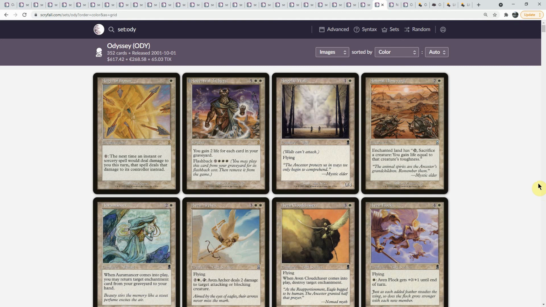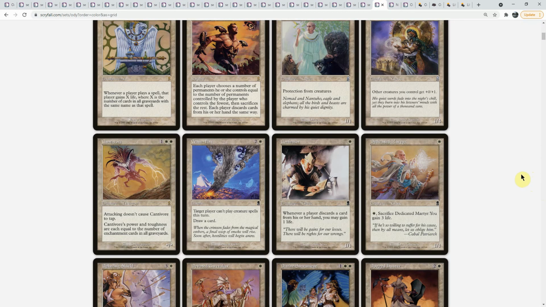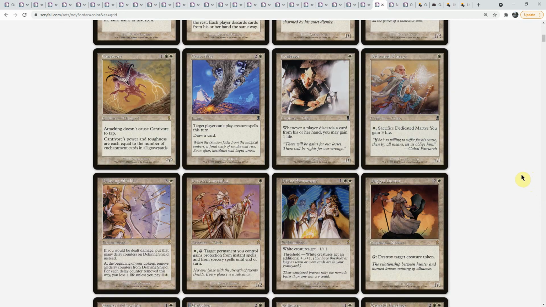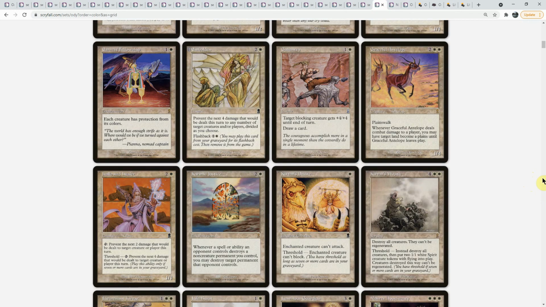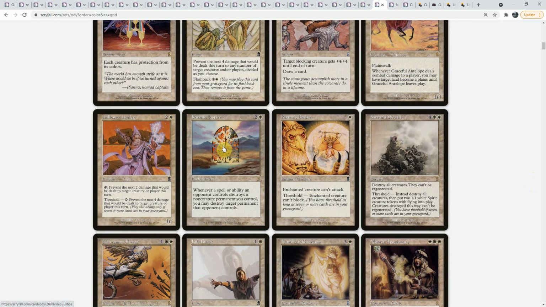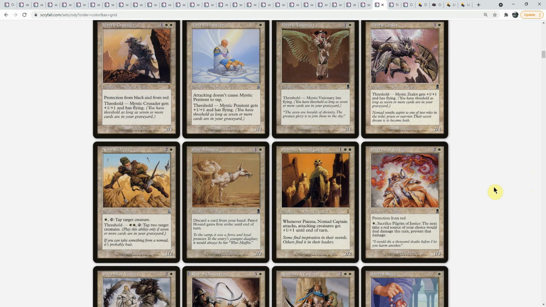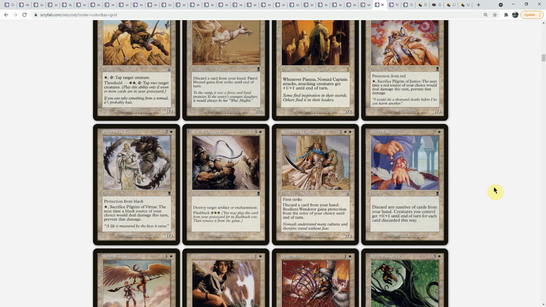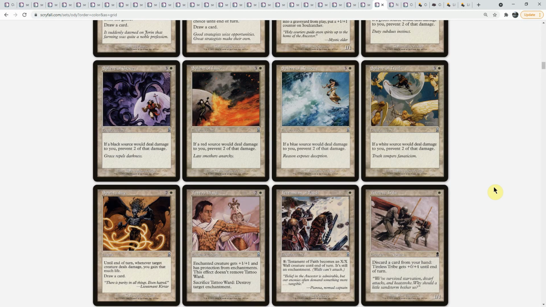Okay, so we're back to the set as a whole here. I don't think, because I've been through those individual slices, I really need to go back, scroll back through this again, but just scroll down quickly. Oh, I didn't mention antelopes. Some pretty cool artwork in here. It looks pretty unique, actually. It looks like this set was shifting a little bit with the uniformity. Not necessarily in a bad way, but